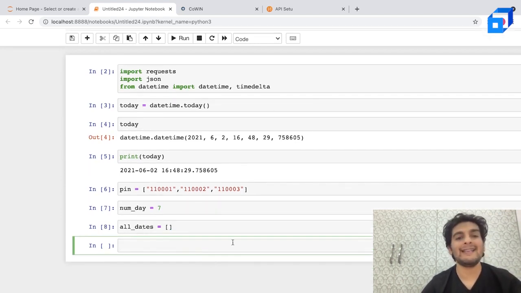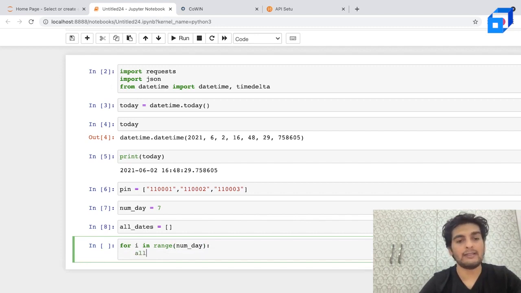Now after this, let me go ahead and start a for loop. So I'll write for i in, and I will have a range. So for i in range of numday, which is basically the number of days, I'd want to append all of this information to my list. So I have this method called append. So I'll write all dates dot append, and inside this I will just have today plus timedelta of